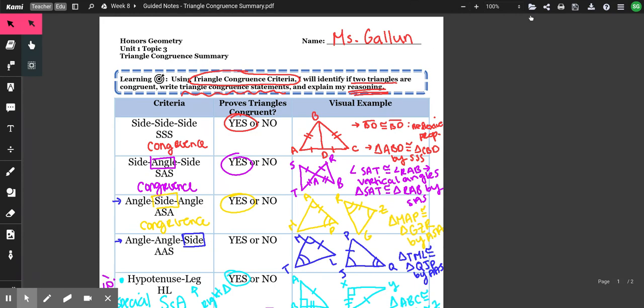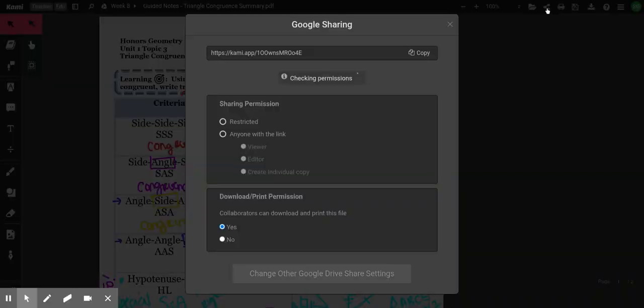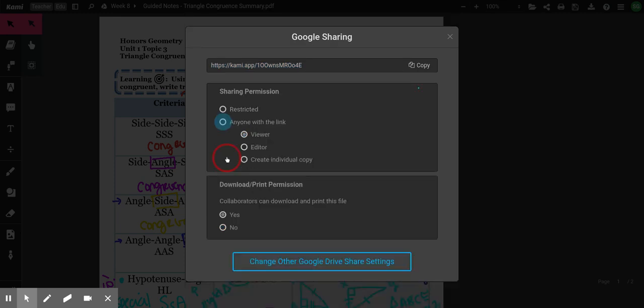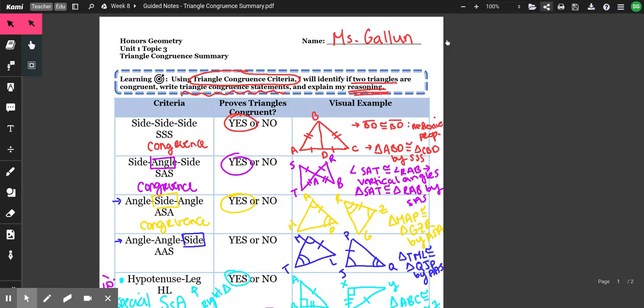So whether you're submitting it through Kami, which you can click share document and make sure that you have changed it. I would just give everyone edit access, right? Or you can change it to anyone with the link is a viewer and editor, because if you don't have that, then we won't be able to see it. You might need to check your drive settings. So just make sure that you're giving us access to be able to see this document. Otherwise, you could also download it to a PDF and submit it that way. That works as well. That might be a better way of doing it so that we're able to see it and comment and provide you